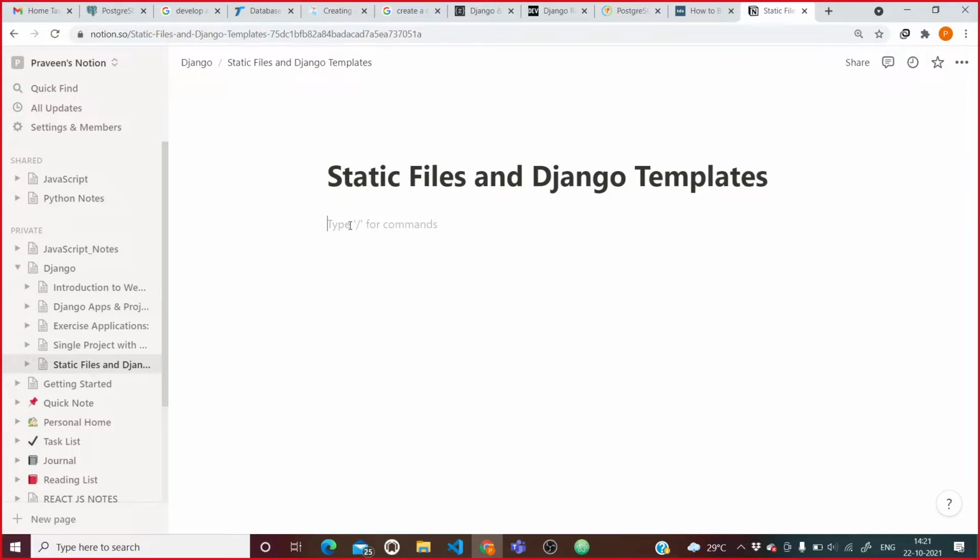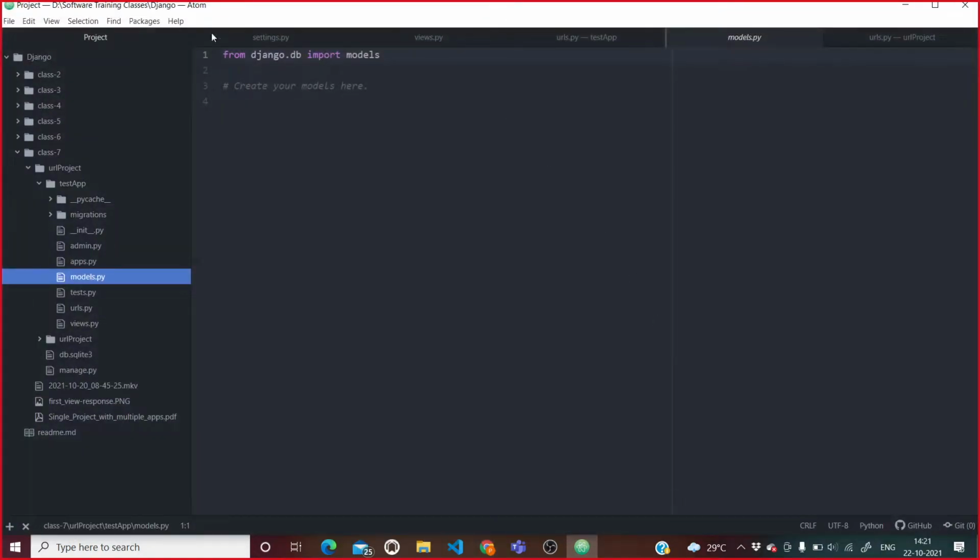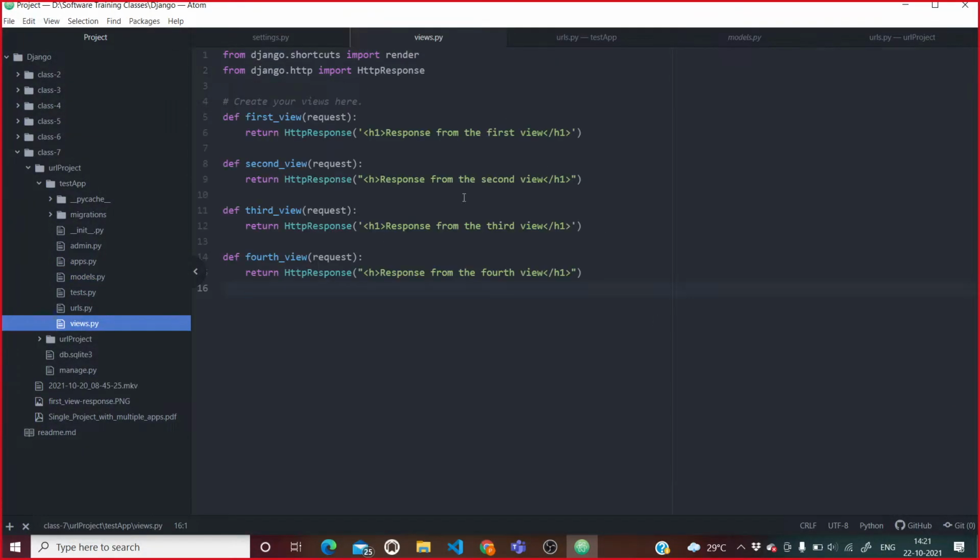So till now we were directly sending the response, and in that response we are writing HTML code in the backend, in the HTTP response object itself. It is not recommended actually. We don't need to write HTML in the response object.